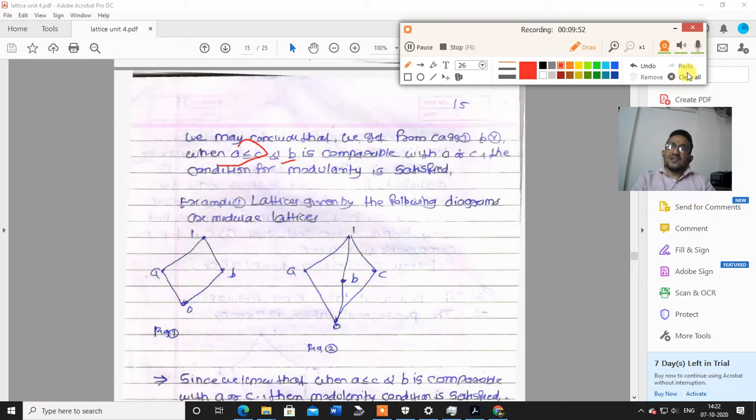म्हणजे ज्या लॅटिस मध्ये, आपण असं म्हणतो की A is related to C असेल आणि B हा पुन्हा A किंवा C शी compatible असेल with either A or C, in this lattice we can say that this modular law is also satisfied. Okay, so example here,